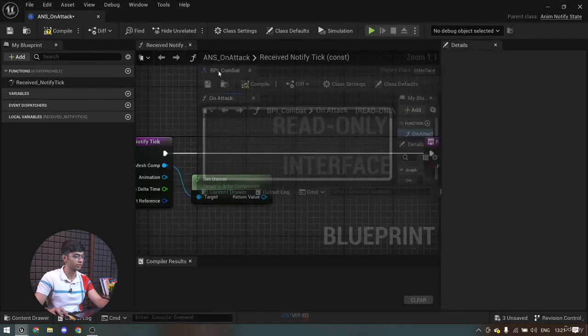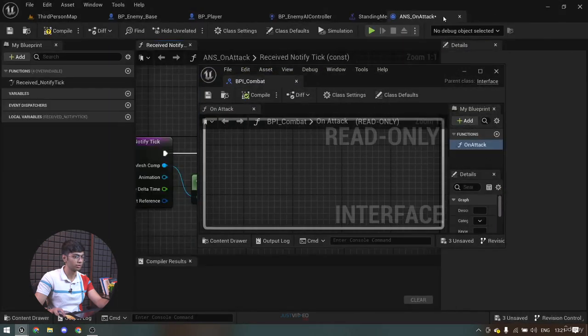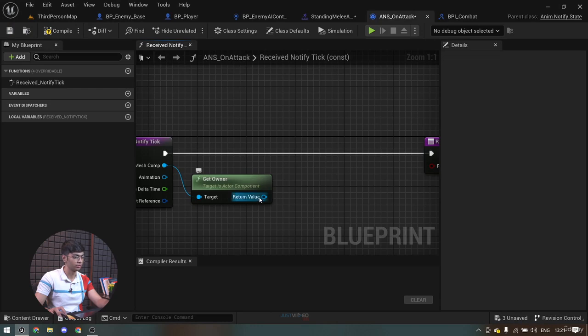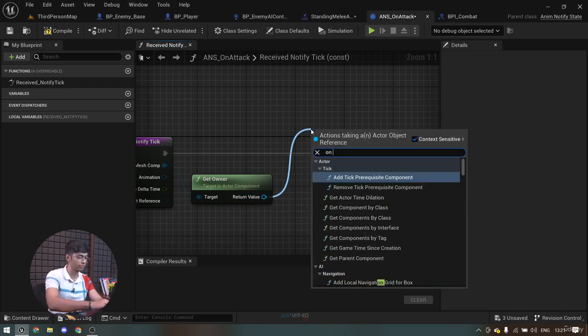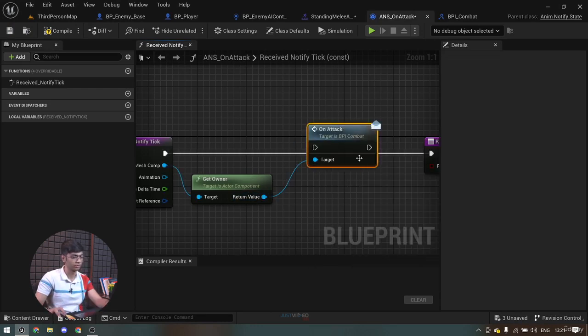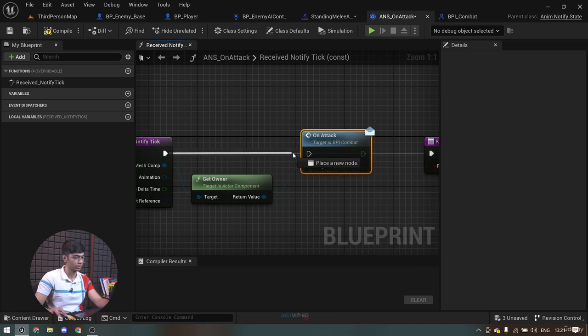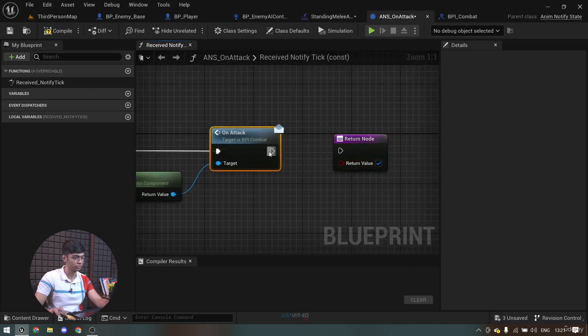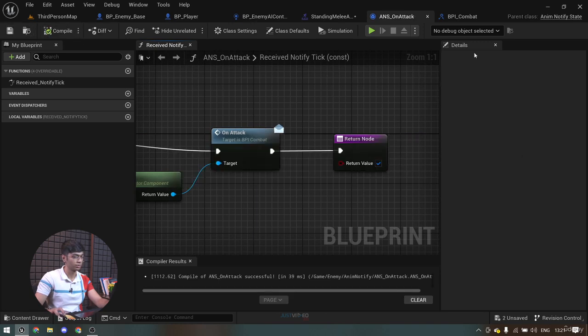I'm going to attach it down here, so as to keep it clean. So here I'm going to call on attack, and after it is called, I'm going to send the return value as true. So yeah,